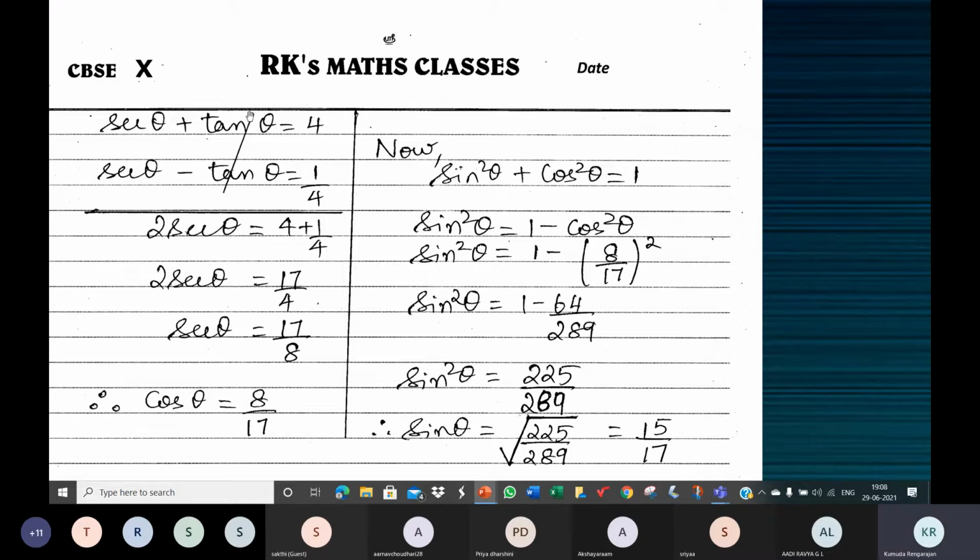If you find tan, you can use the identity cosecant square theta minus cot square theta is 1. Then cot is the reciprocal of tan, which we got. So using that, you can find cosecant theta. Cosecant theta is nothing but the reciprocal of sin theta, so you will get the value of sine. But you have to find cos, no? Since you have tan, you can say tan is sine by cos and find cos. Okay, is this approach clear, children? Yes, ma'am. Okay. All right.